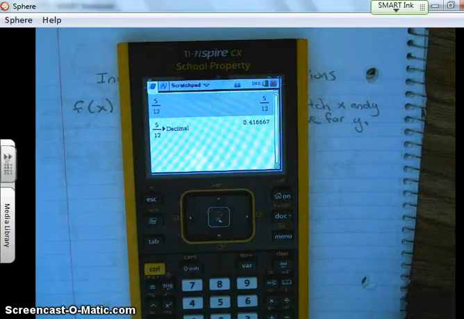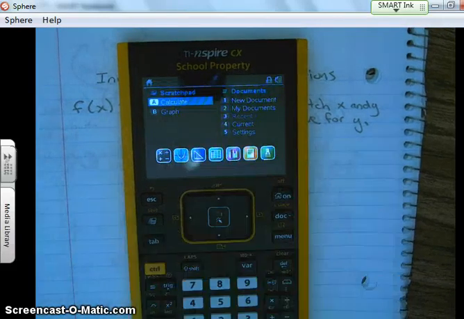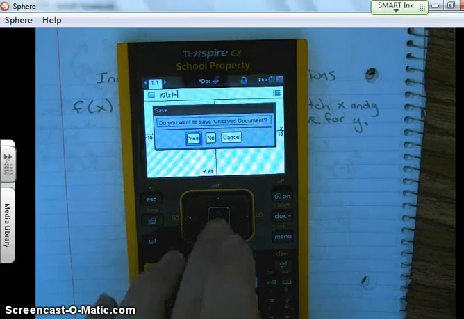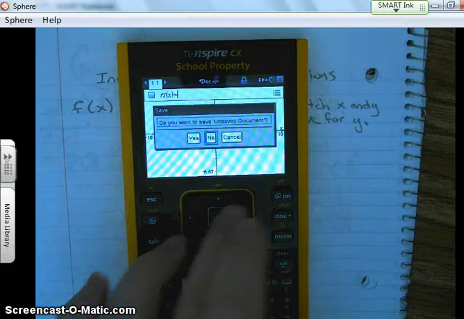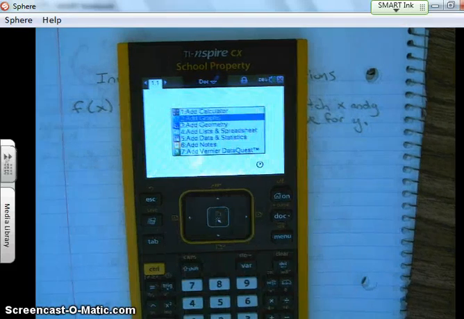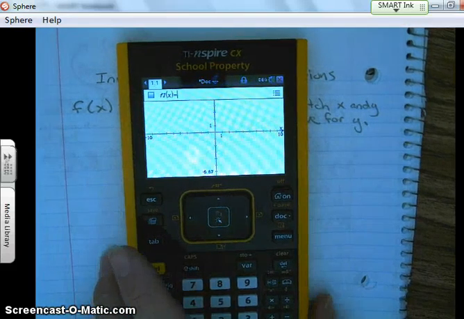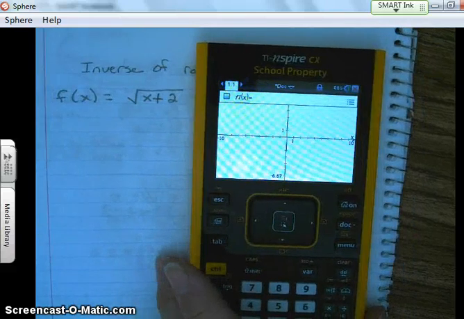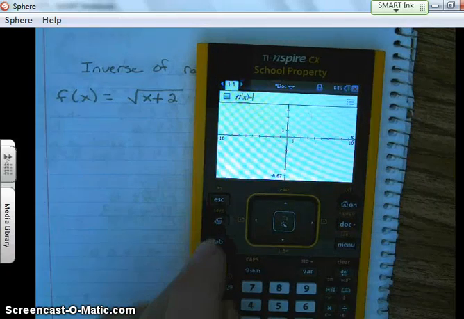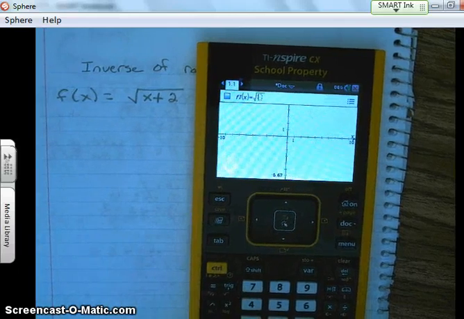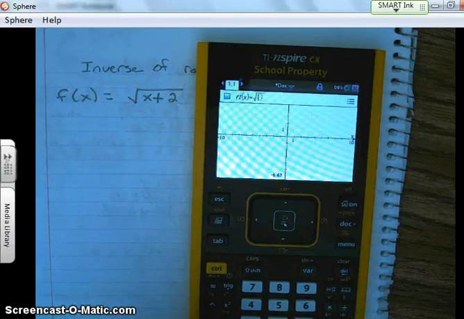In order for a function to have an inverse, it must be a one-to-one function. Okay, so I'm going to explain what a one-to-one function is right now. So let's go ahead and graph this. The simplest way to determine if a function is one-to-one